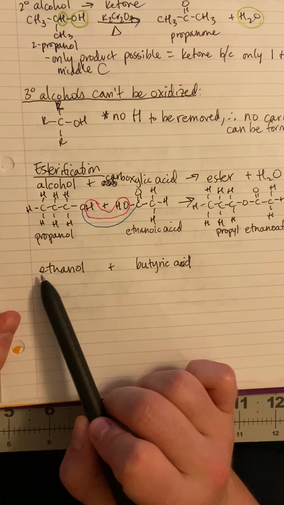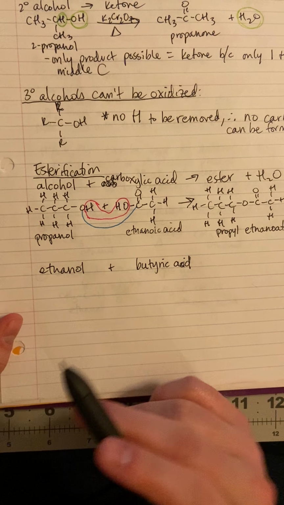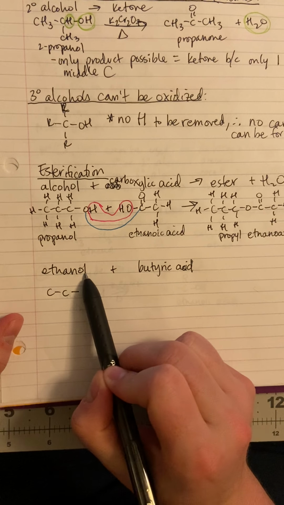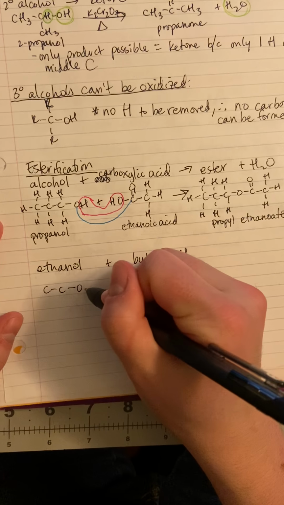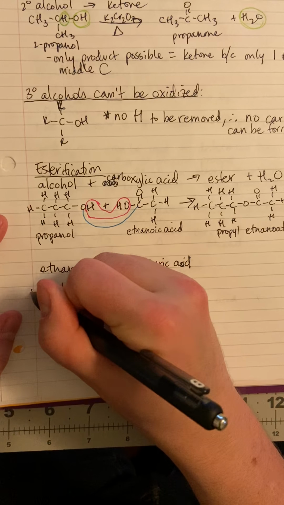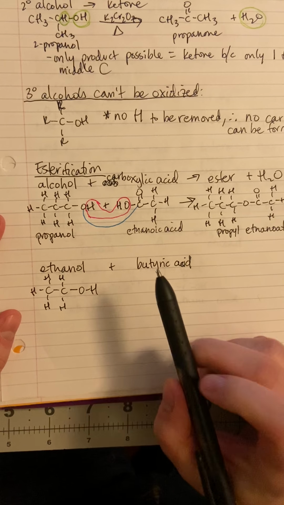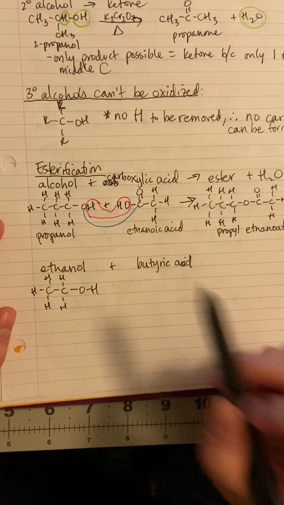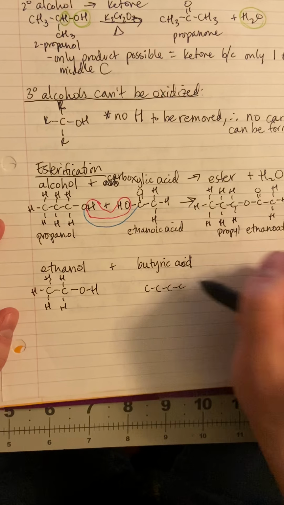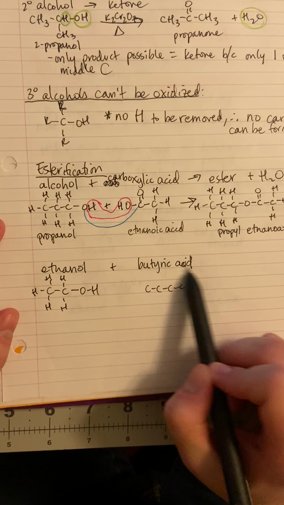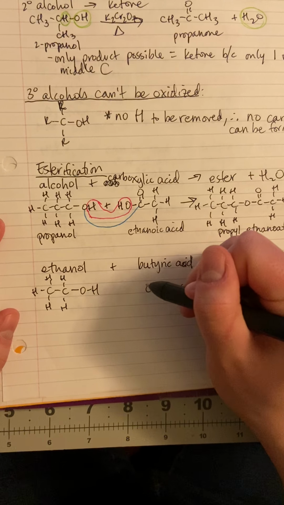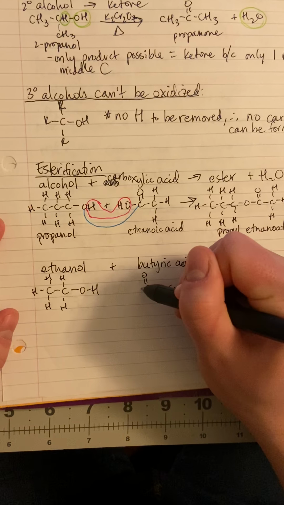So prefix eth means we have 2 carbons, and then enol means we have a hydroxyl group. Then bute means we have 4 carbons. And then the ic acid means that we have a carboxylic acid on one end. So I'm going to draw that like